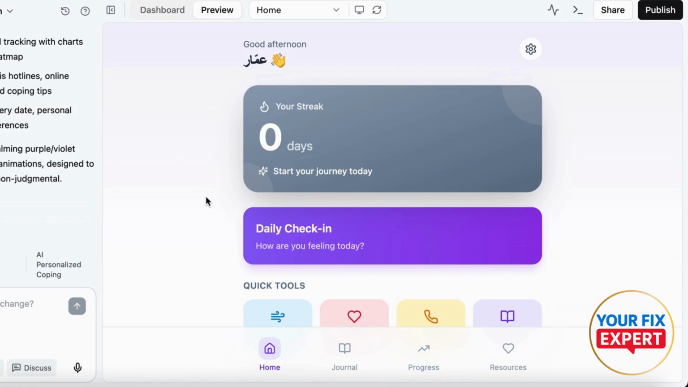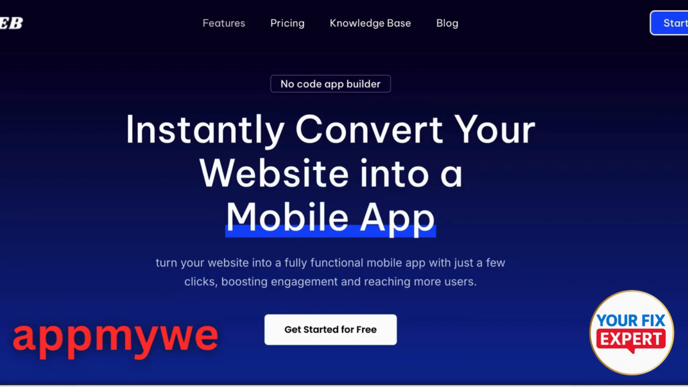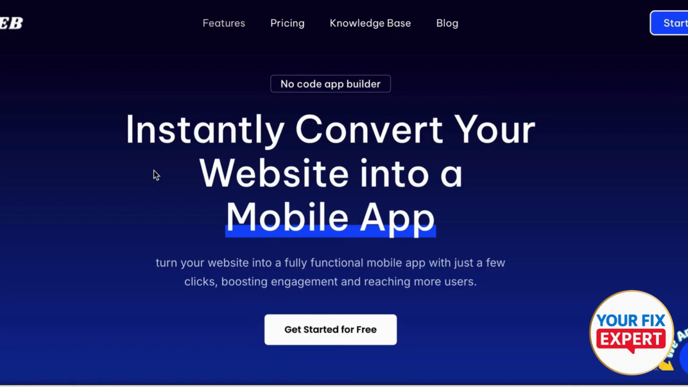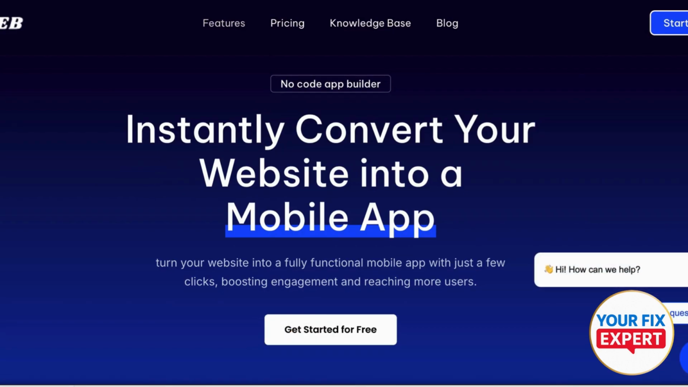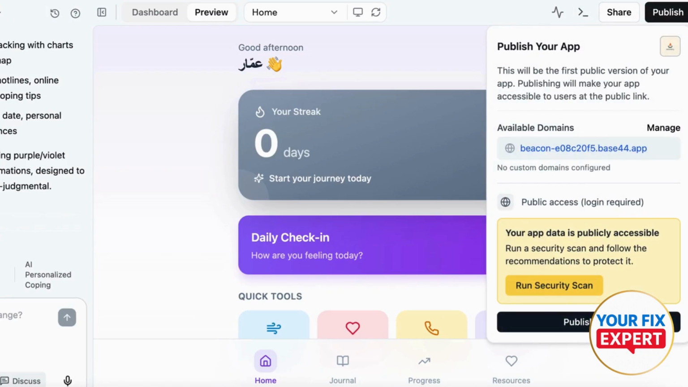Okay, to publish a Base44 app on the App Store, you must first convert the web app into a native build using a third-party service like App My Web, right here. App My Web or App My Site, and a paid Apple developer account. Okay, now what we're gonna do, we're gonna just go ahead and hit publish, and you're gonna see a generated